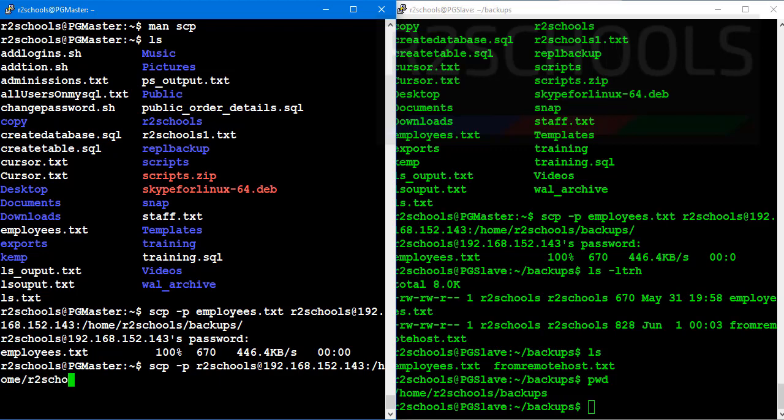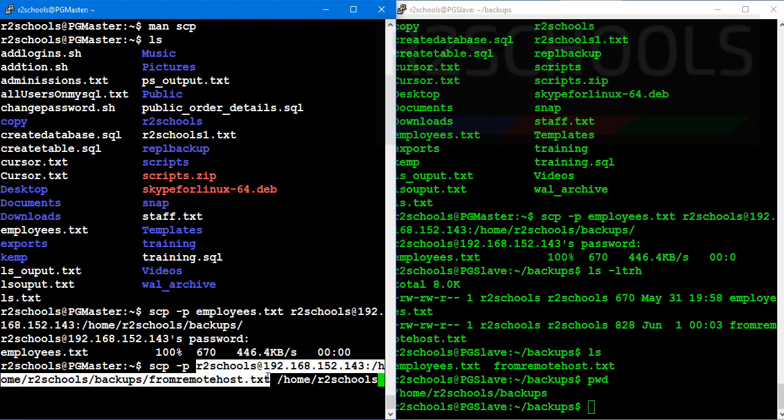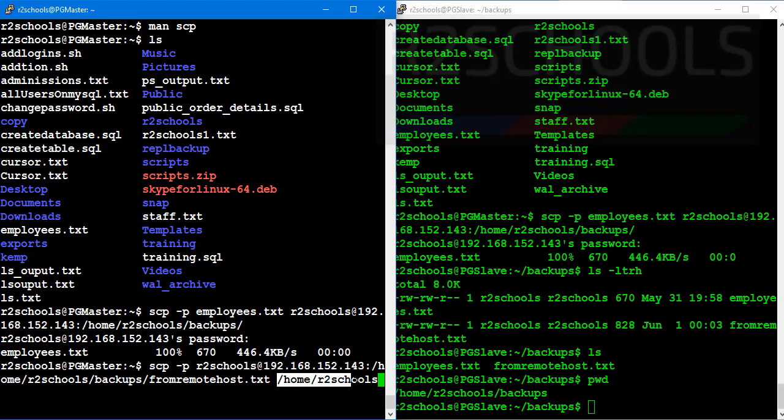The file is there in the remote host's backups directory, then the file name is this one, and we have to provide the local directory to copy the file, home r2schools. We can give the command from the remote host as well, but I am getting the file from my local host. Until here is the source path and this is my target, the local host path. Then press enter, then provide the password.